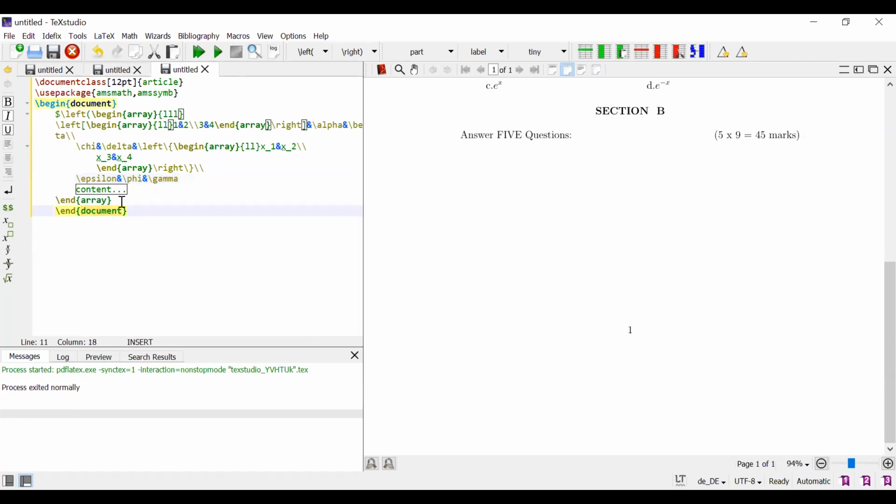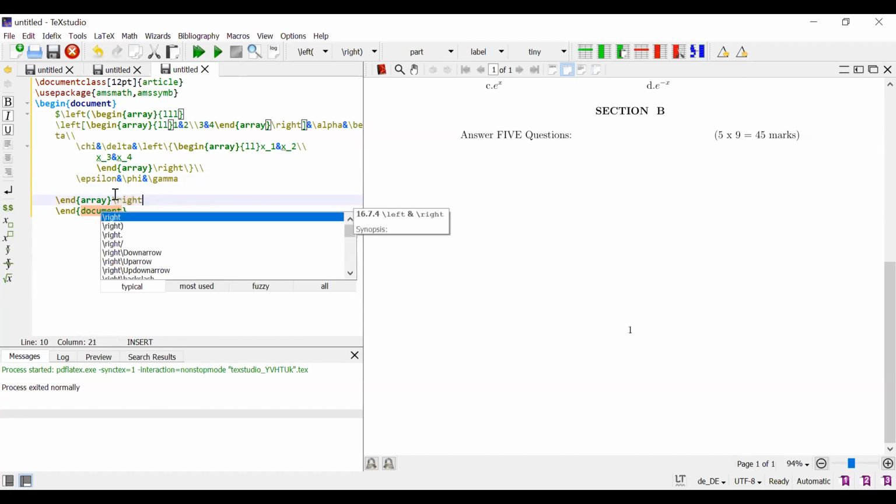Next, we come to the end of the main array. End array. Start with slash left. Therefore, we should end with slash right. Okay.